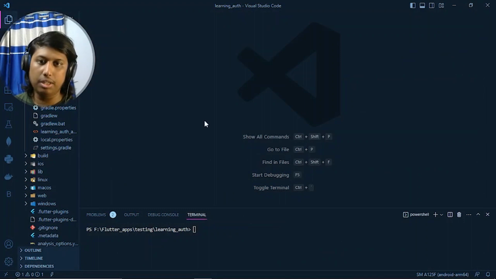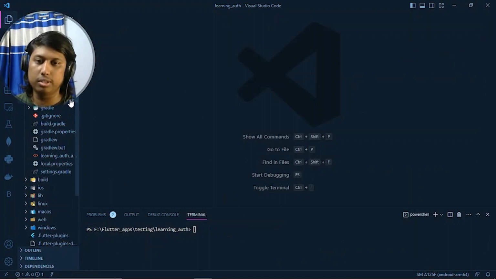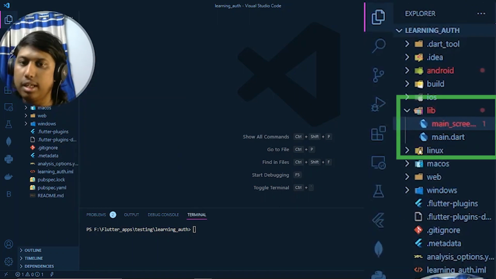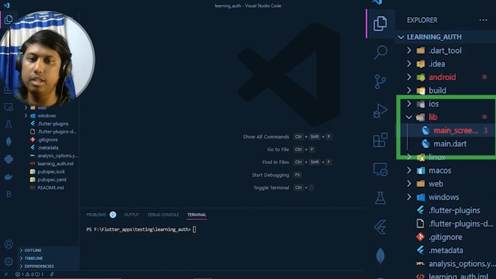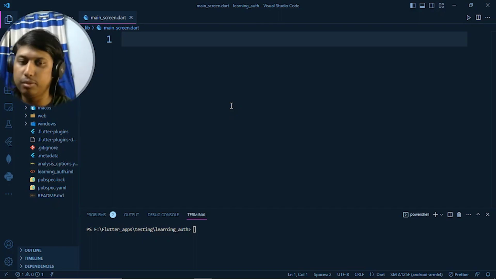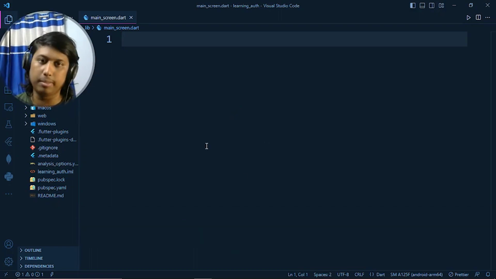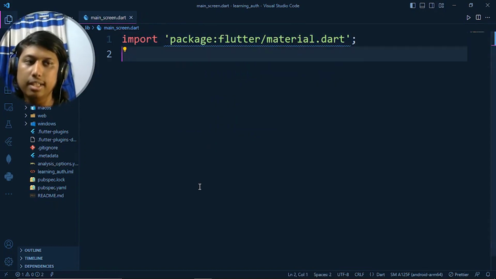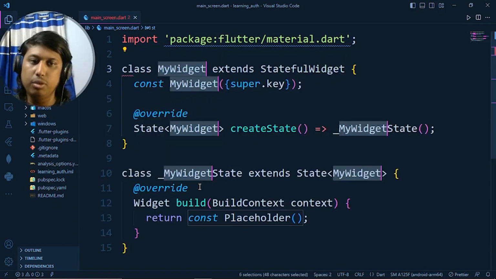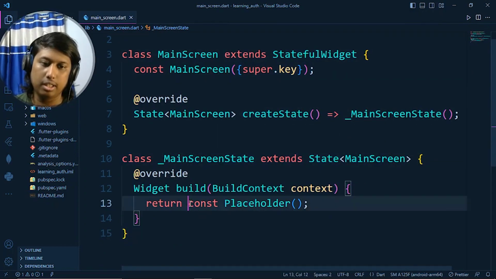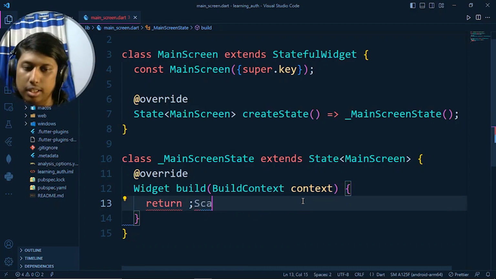Okay, now what we have to do, as we added google-services.json and all of the packages are installed, we have to come to the lib folder. Here we have to make a main_screen.dart file. Here we have to make a new screen where we will deal with email and password for the UI purposes as well. So I minimize the terminal. Here I import our favorite package, material.dart, and here I make a stateful widget named MainScreen, as I did before. And after that, from that we have to return the